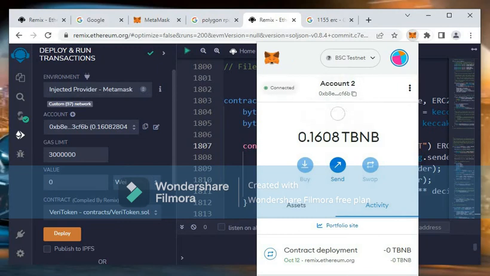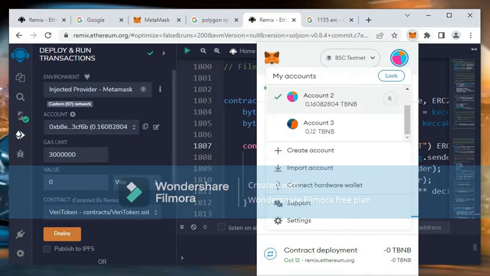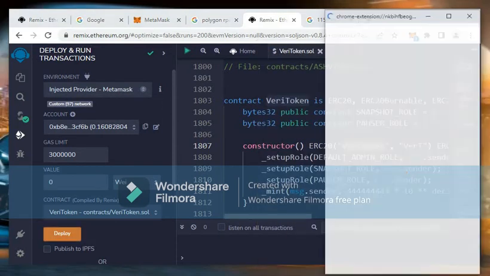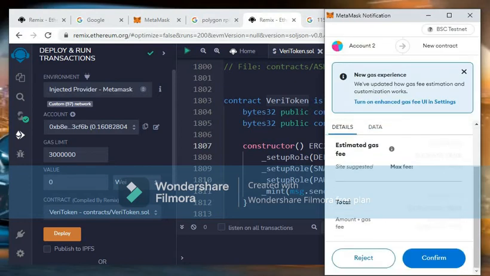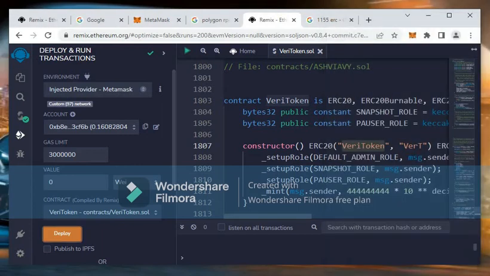So this is connected. Now I'll deploy, because we may have different accounts and addresses, and it may be linked to one single address. Now we can do this. So see, that particular thing is gone, that you have selected a different account and you are working with different accounts. So we'll just confirm this, and here I think we'll get